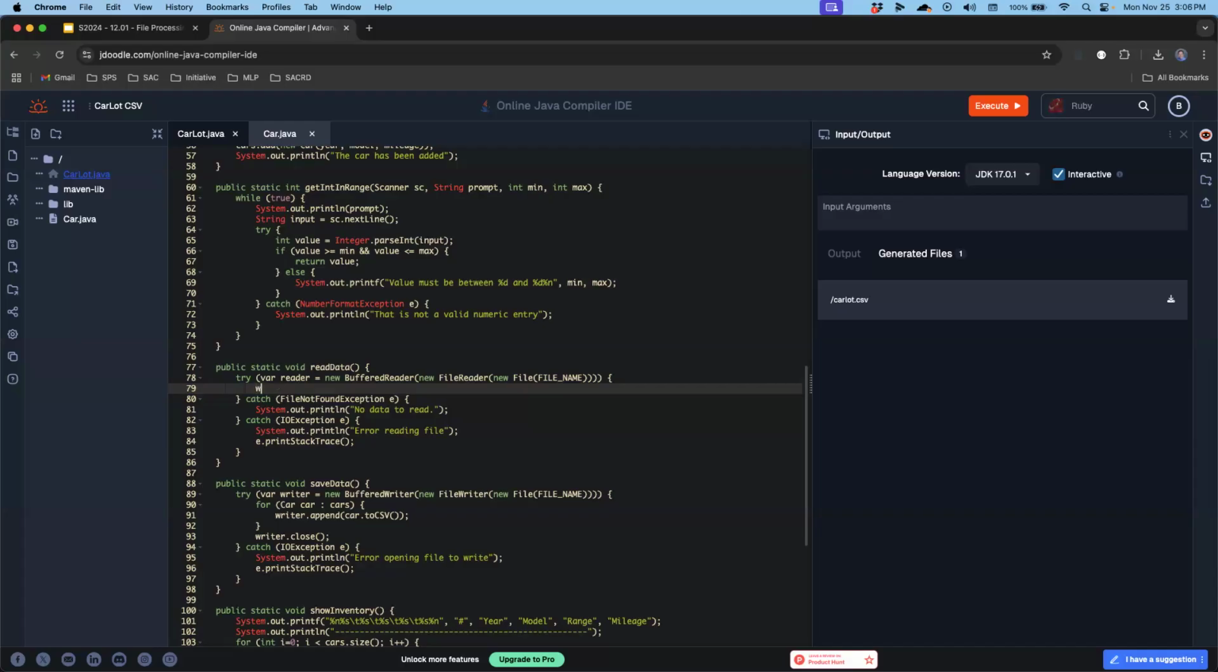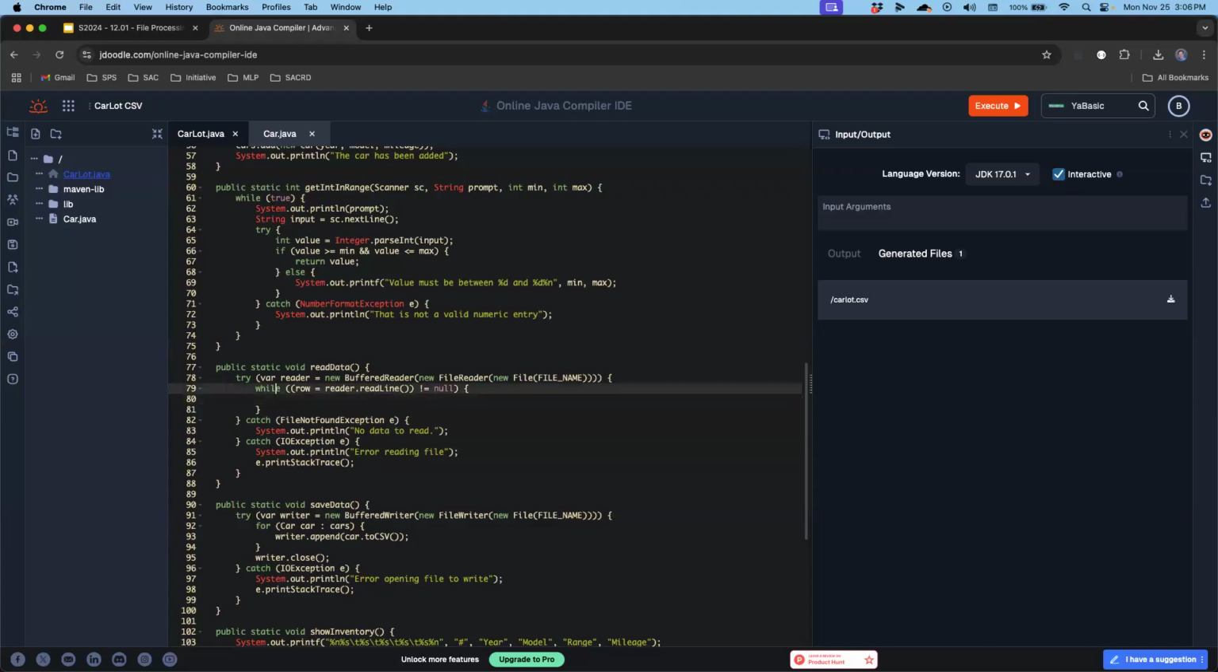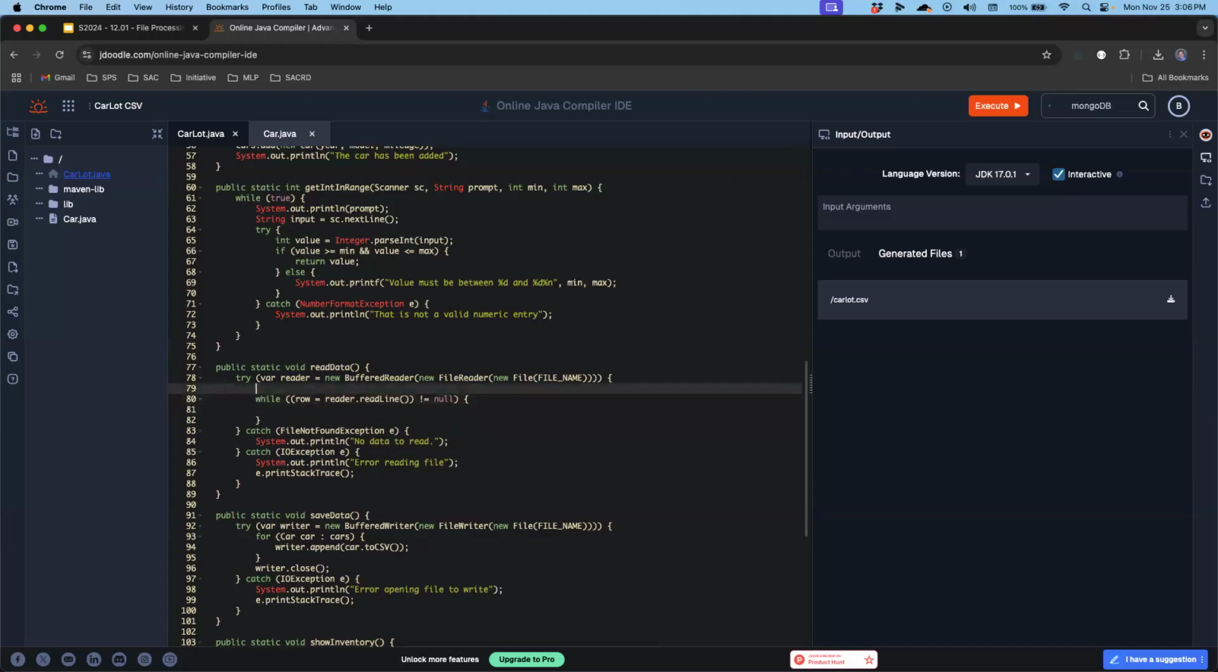remember this is the while loop, and it's a combined assignment and Boolean. So here's the assignment we're going to do: while row equals reader dot readLine, and then we want that not equal to null. So this will do the reads as long as there's data in the file, and then that variable row is